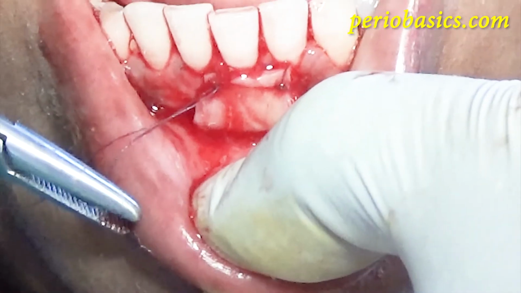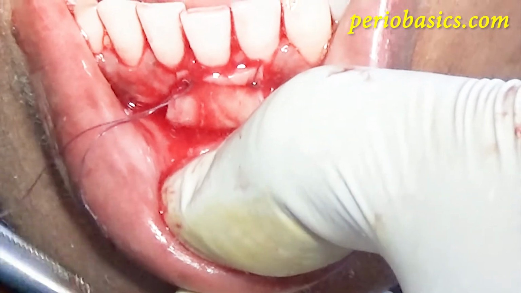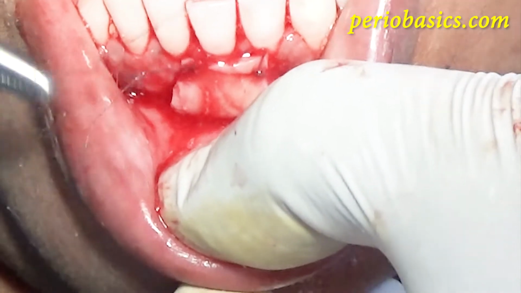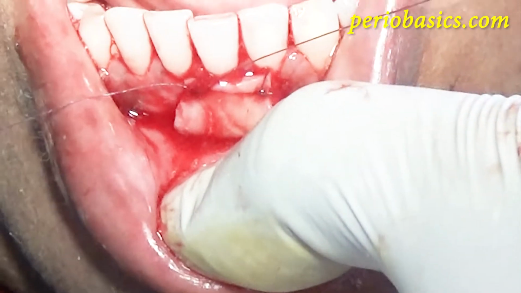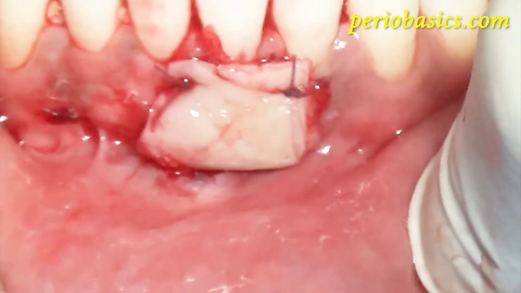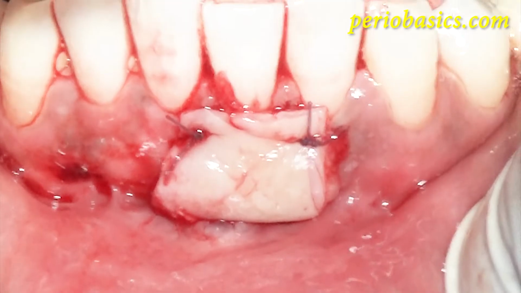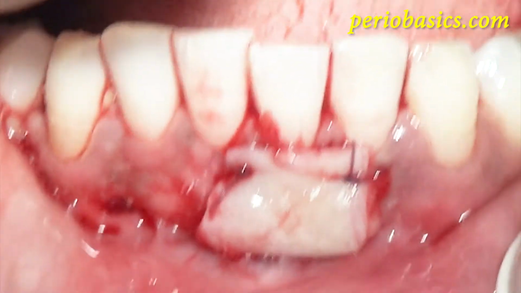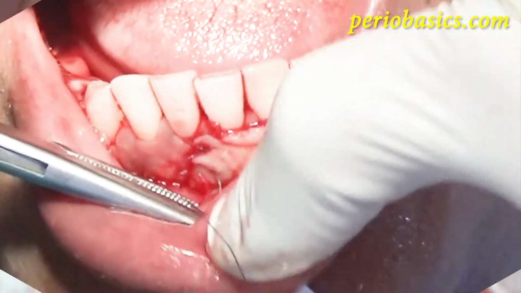So in this kind of surgical procedure, I give 4 interrupted sutures and then 2 suspended sutures. You will see that. Now the 2 sutures on the coronal aspect I have placed. Now I'll be placing 2 sutures on the apical aspect. This is the first one.